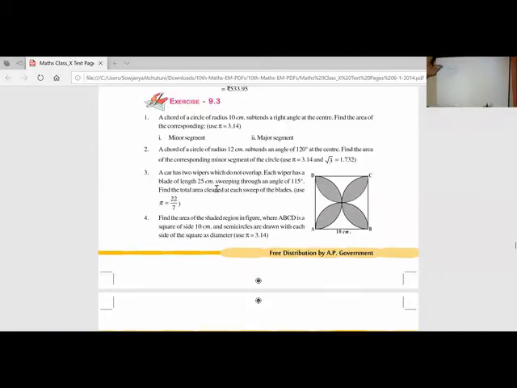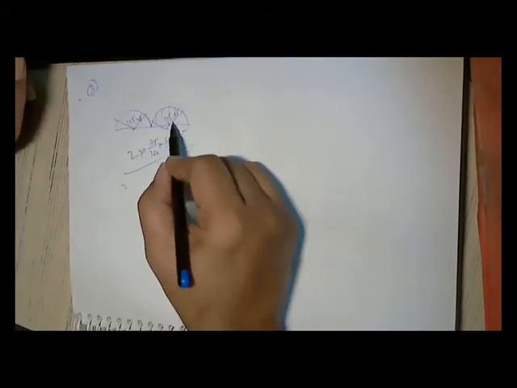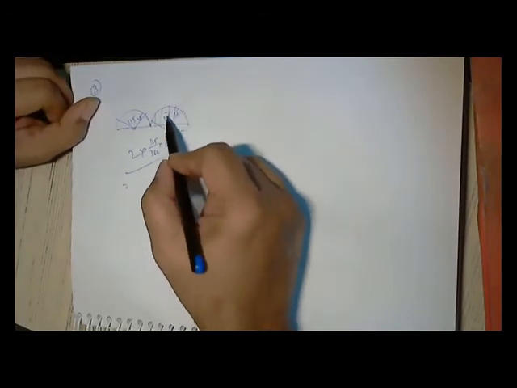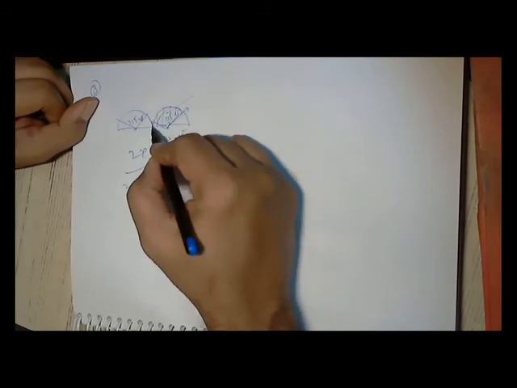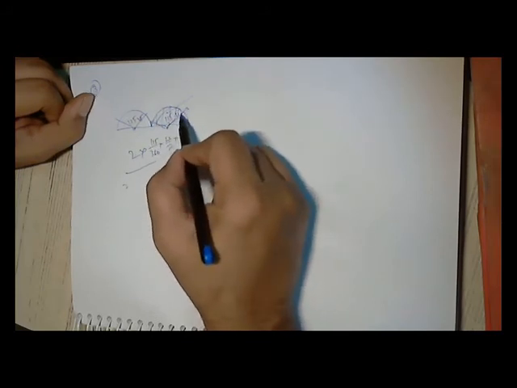Understood? So each wiper blade length 25 makes angle 115. Here what is done? Instead of one segment, there are 2 segments. So what is this area? It is the total area. It is clearing the total segment. There is no chord here.